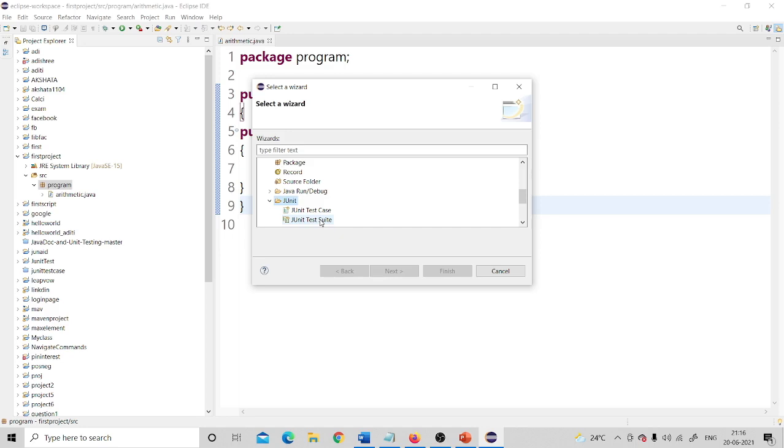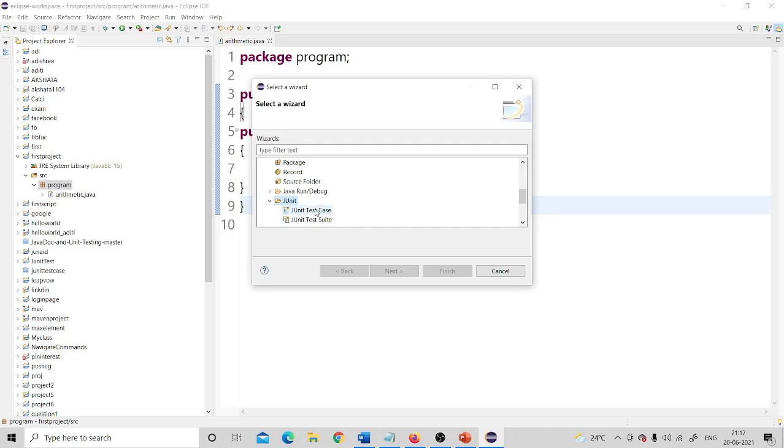When you have a lot of functions to test and you have written JUnit test cases for a lot of functions, then you can use a JUnit test suite to run those test cases at once. Together it will combine all the test cases and run them as a test suite. After running the test suite, you will come to know which test cases passed and which failed. You don't have to run each individual test case. That's why test suite is also there over here. So now we are going to write only one test case.